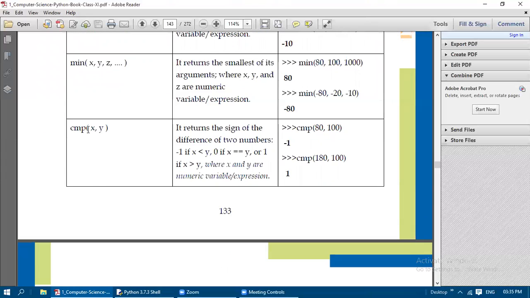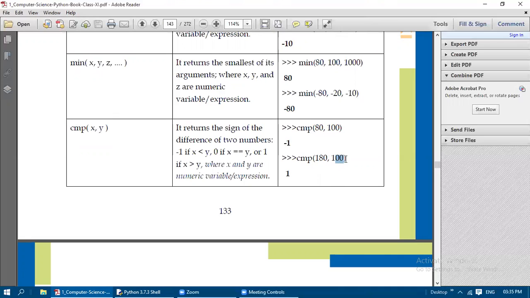And then cmp means compare. So compare of x, y. If you are passing two values, if the left side value is less than the right side value, it will return -1. Just consider the first value as x and the second value as y. When x is greater than y, it will return 1.